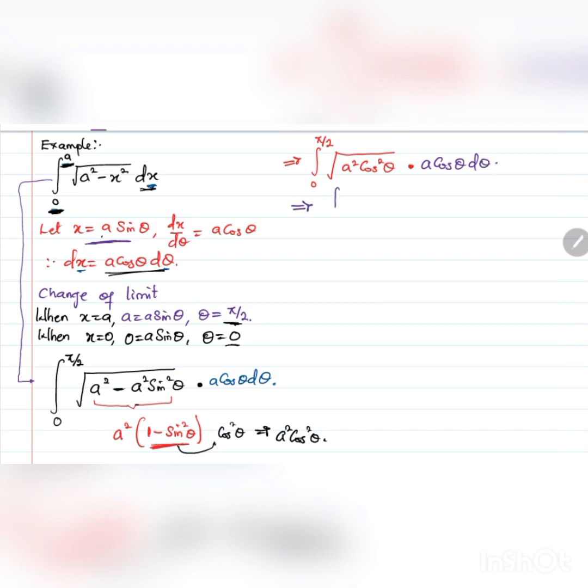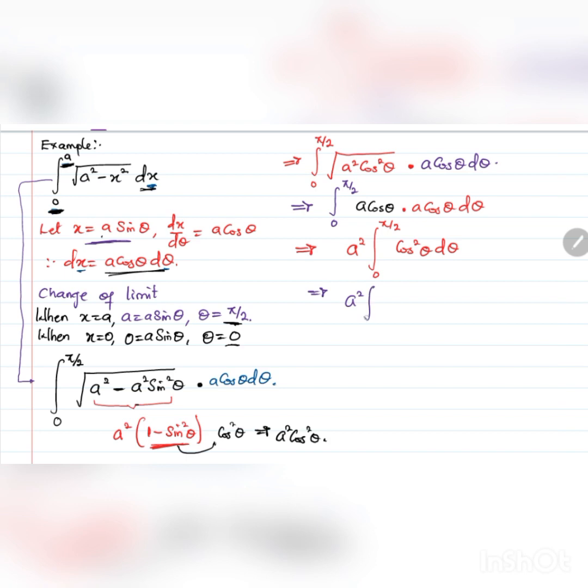Which is the same thing as the integral from 0 to pi over 2. What is the square root of a square? That's a. And what is the square root of cos square theta? That's cos theta, okay? Multiplying a cos theta d theta. So I have it to be the same thing as a square integral from 0 to pi over 2 cos square theta d theta. Okay, so to integrate this, that will give us